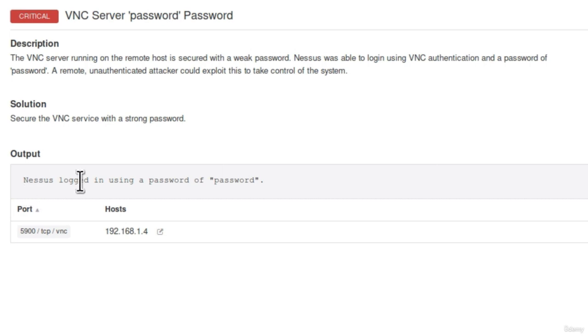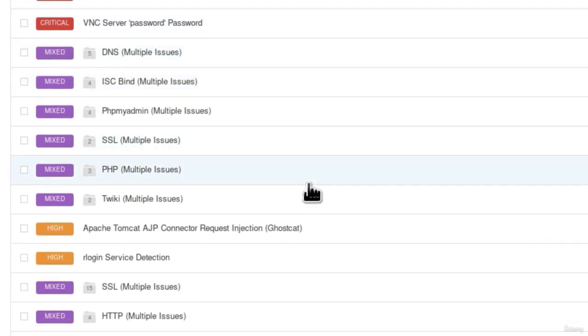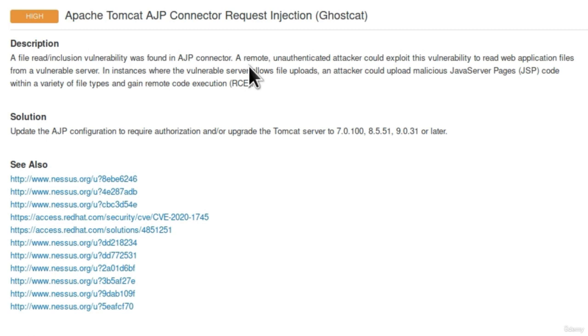Down here we see Nessus logged in using a password. And what port was it on? It was port 5900 over TCP. So we will see how we can exploit all of this, but let us also check out some other vulnerabilities as well. Apache Tomcat AJP connector request injection. Let's click on it. This seems to be a high vulnerability, and it tells us a file read inclusion vulnerability